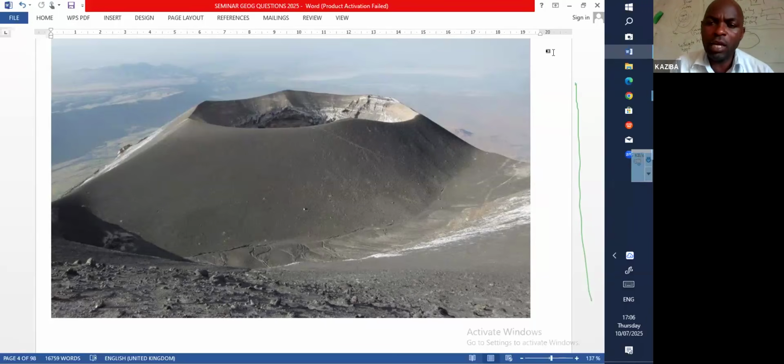You identify the feature in the photograph is a crater. Are we together? It's a crater. It was formed as a result of volcanicity. Give us the origin of volcanicity. Are we together? Then from there,